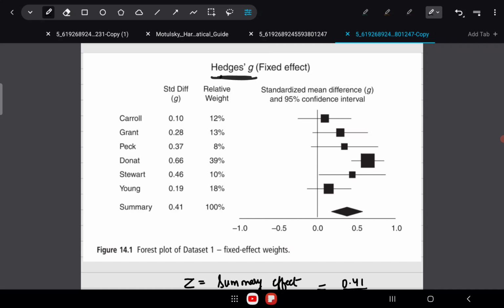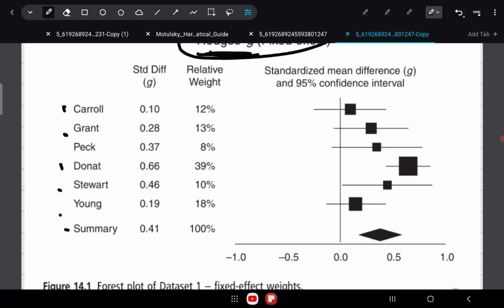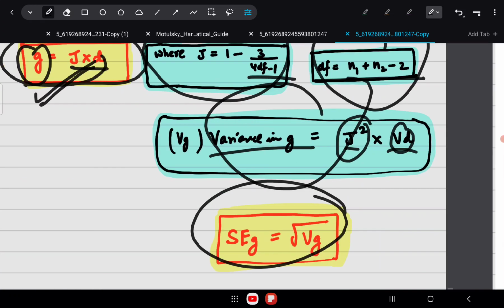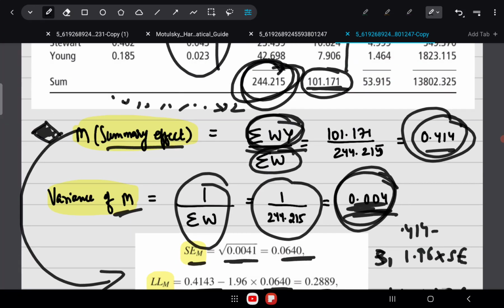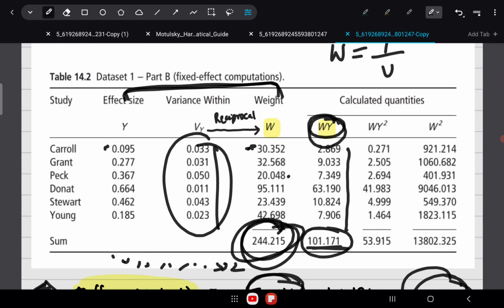So you can see we have calculated the Hedges' g, and we are doing a fixed effect modeling. These were the studies that we took in our meta-analysis, and we just calculated the summary effect with our own hands. It was 0.41. And what are these relative weights? You know how to calculate the weights of the individual studies, right? For the first study it was 30.352 and the total weights were